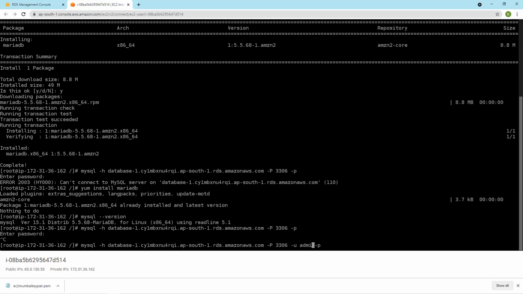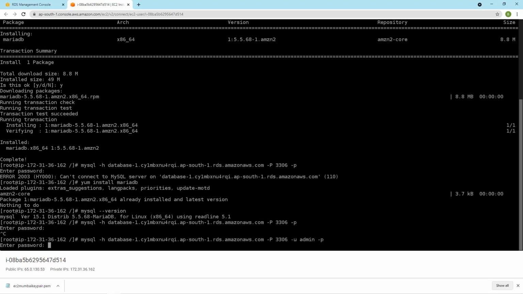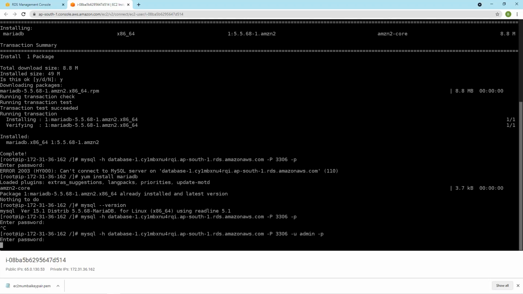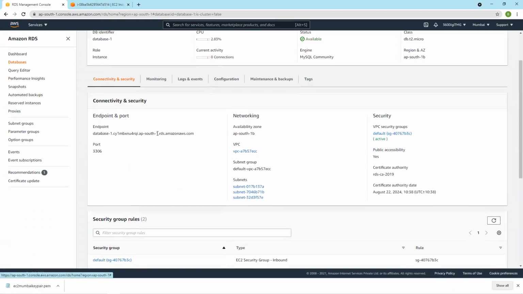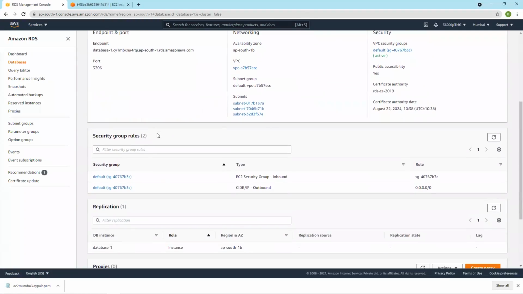Username admin. We have not changed the username, and then the password. Connectivity and security.